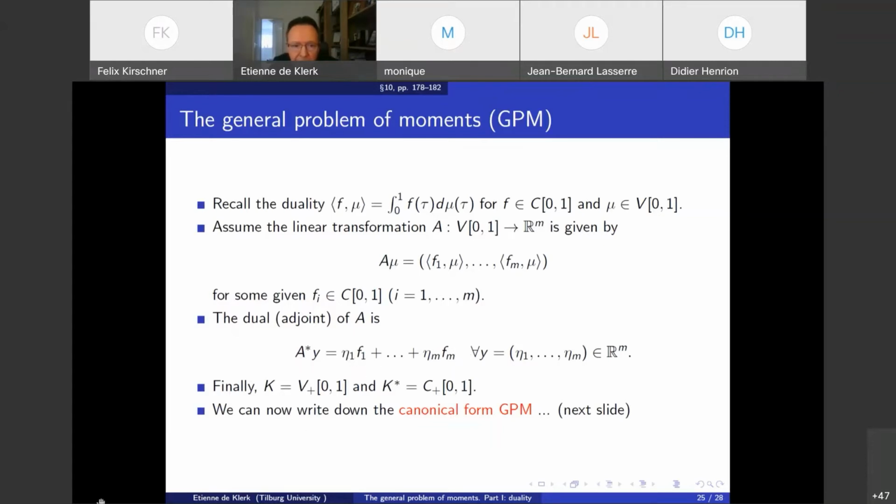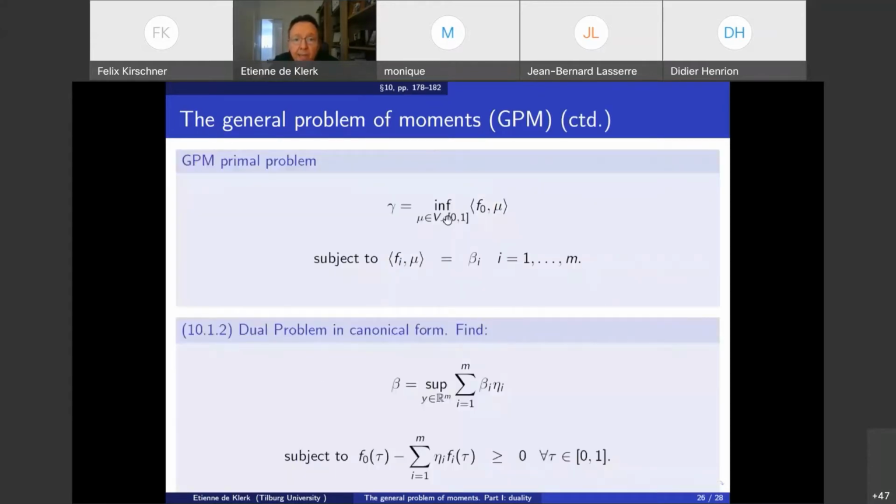So it just works like this. The cones that underlie our problem are, in the primal, the cone of positive measures, or non-negative Borel measures, and the dual cone is the non-negative functions on the interval, the non-negative continuous functions on the interval 0, 1. Okay, so then we have a canonical form linear optimization problem with this specific data, and